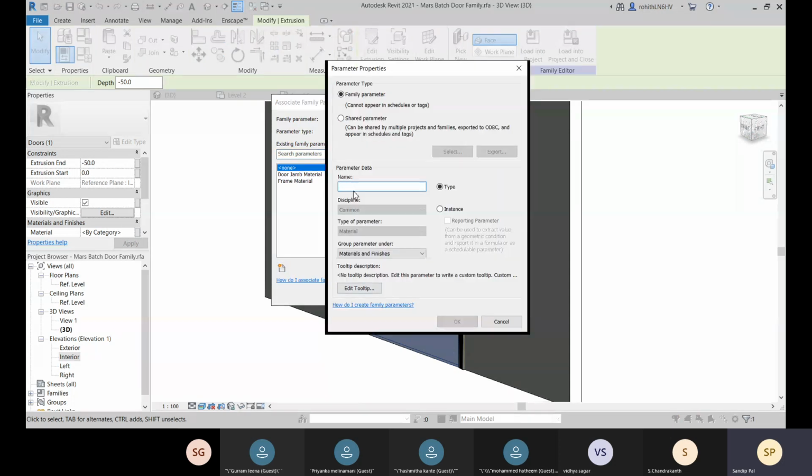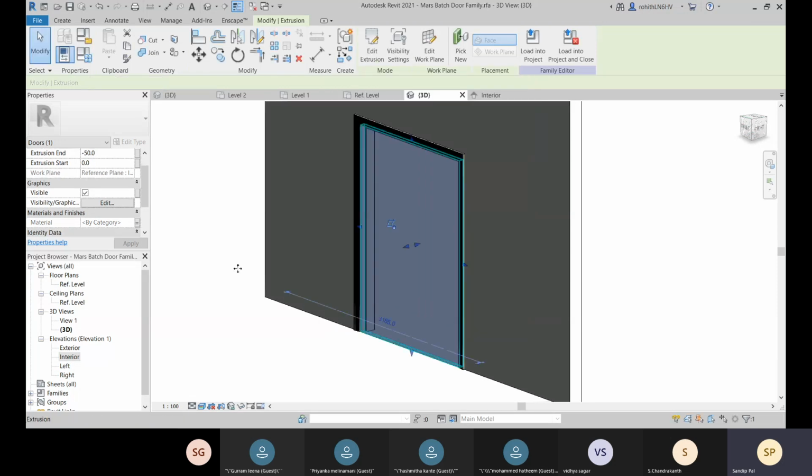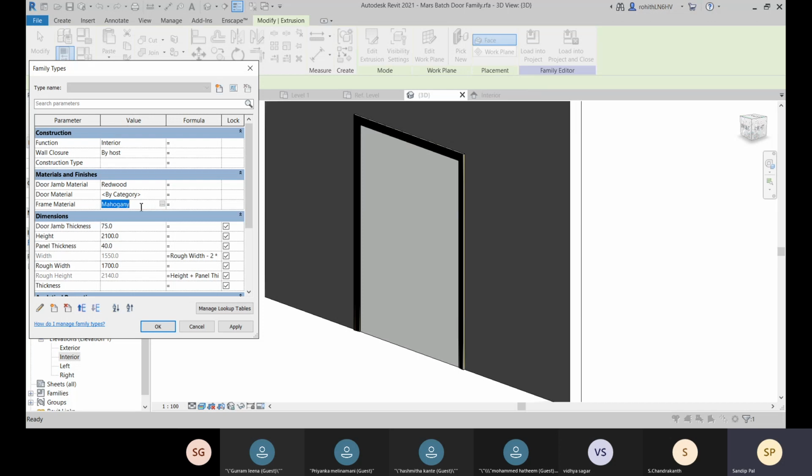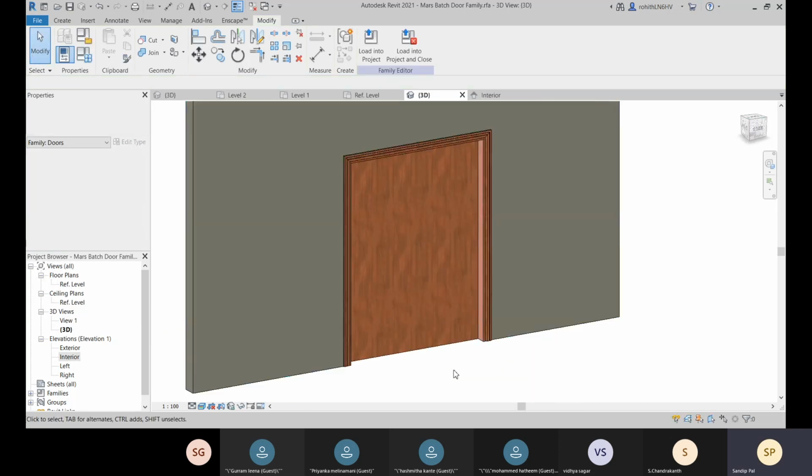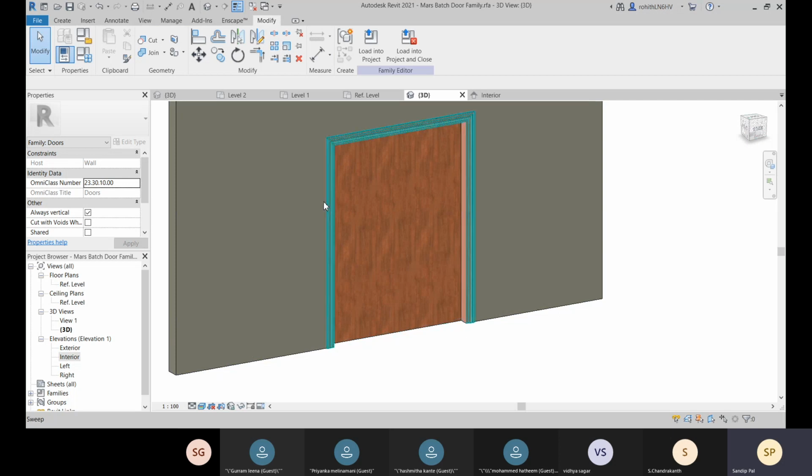Let's go for door material. Click on OK, and let's click on OK, and you can come to this, and there let's copy this quickly, apply, and that is OK. So we have applied this, and that is fine.